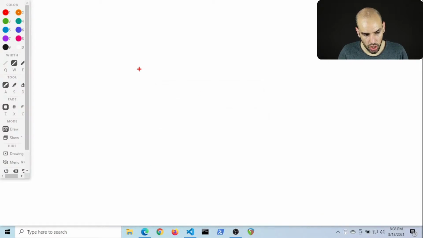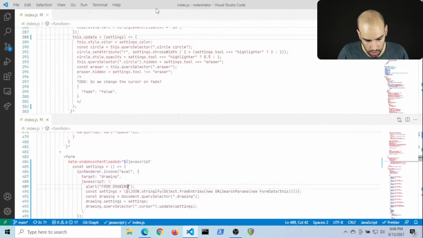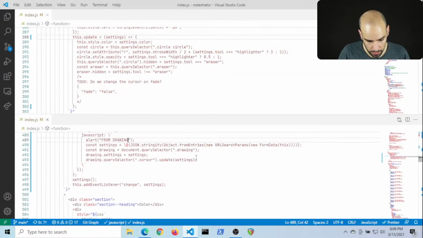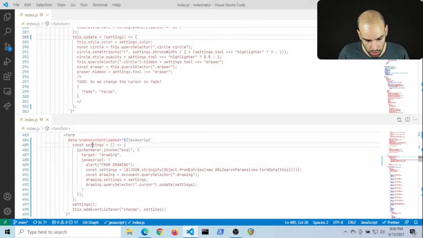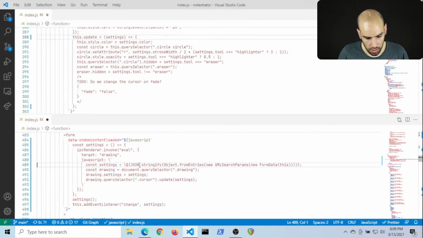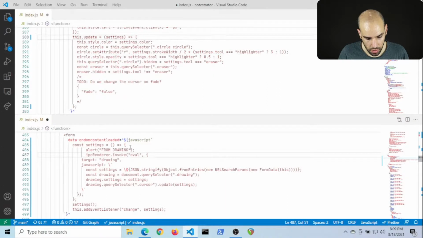And when I use the keyboard shortcuts to change the menu stuff, it is not sending that event again. That doesn't sound correct. I mean, this should have been called anytime I change the settings.